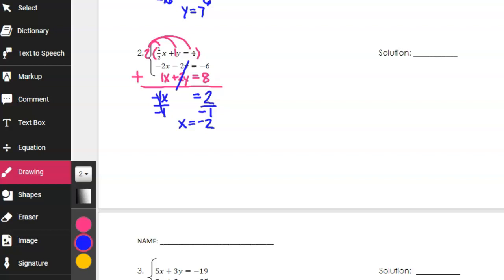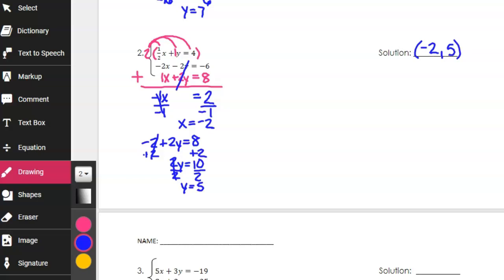So x, which is -2, plus 2y should equal 8. If I move the constant to the other side, I get 2y equals 10. And if I divide both sides by 2, I get y equals 5. So my solution is -2, 5. Again, we don't know that that's actually correct until we check it, so I want you to